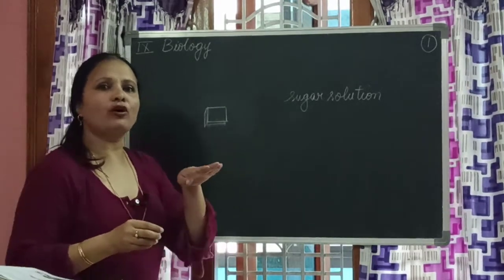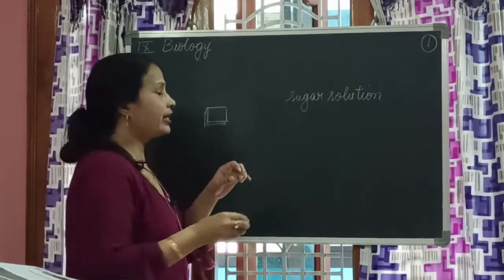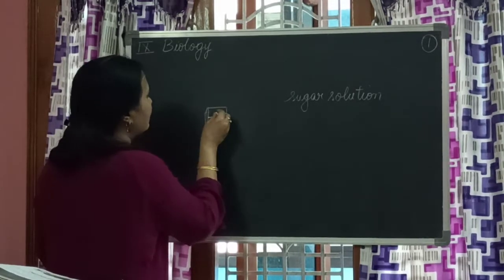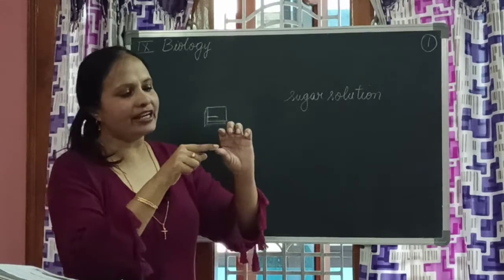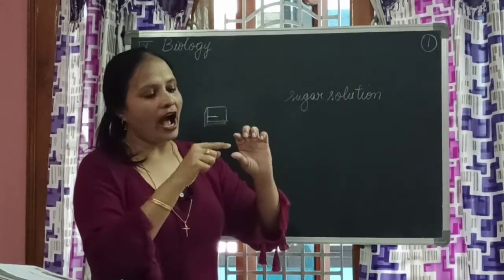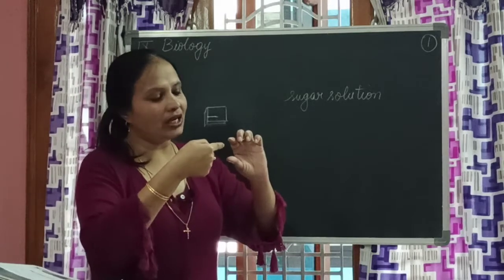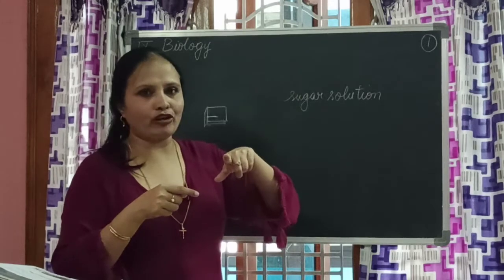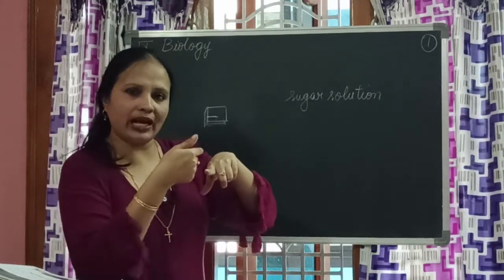You pour the sugar solution only up to half of the empty region. There you will put a safety pin, an alpin, to mark it. Suppose this is the depth of the cube. Half of it you pour sugar solution and then mark it with an alpin. You put an alpin like this, that means to the level of the sugar solution. Till that level you put the alpin.